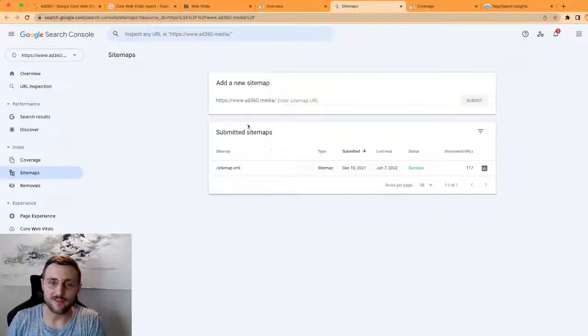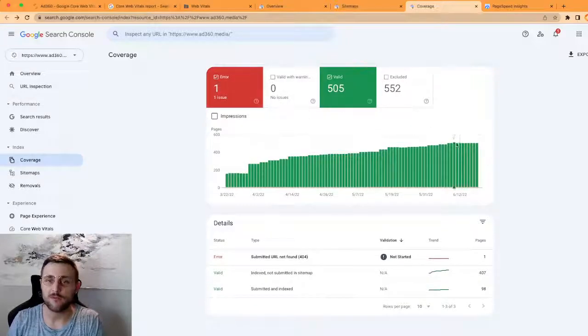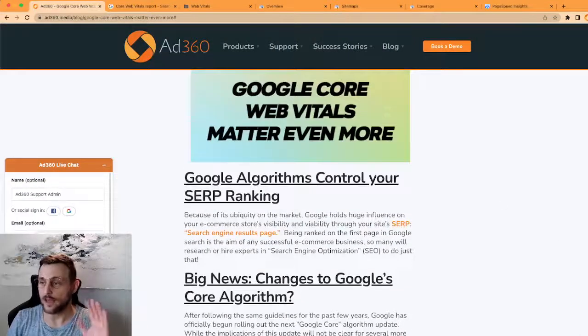Lastly, you need to make sure you have a sitemap. Here you can see ours has been submitted and parsed regularly, and you have the coverage. So here again you can see, so we have one issue and we have 505 valid pages. So these tools are super important. I hope they're going to help you improve your rank, and I'm going to link all of that in the